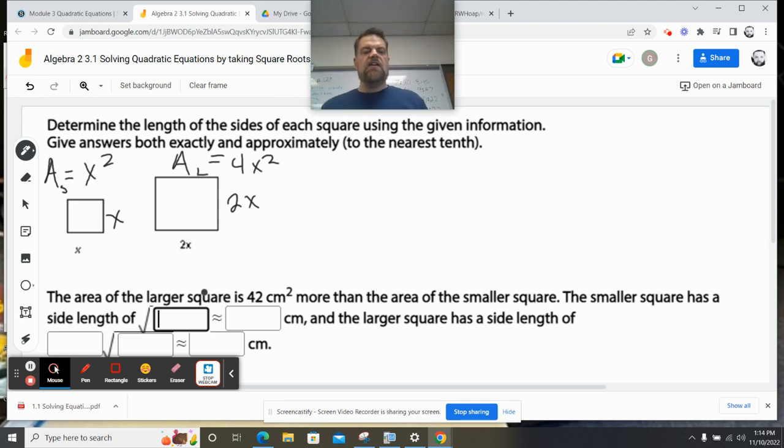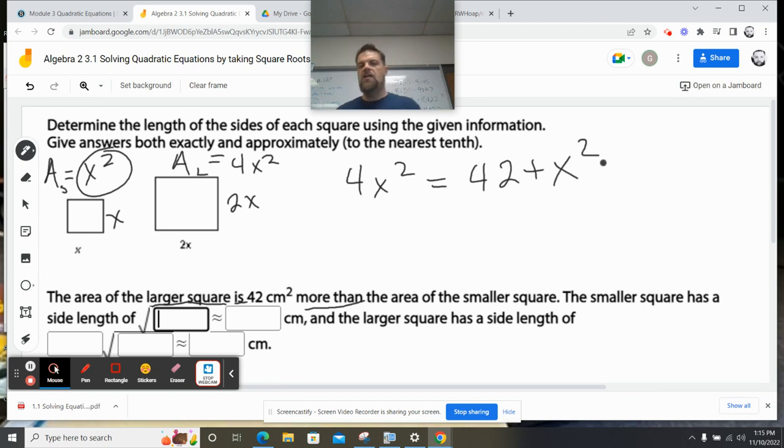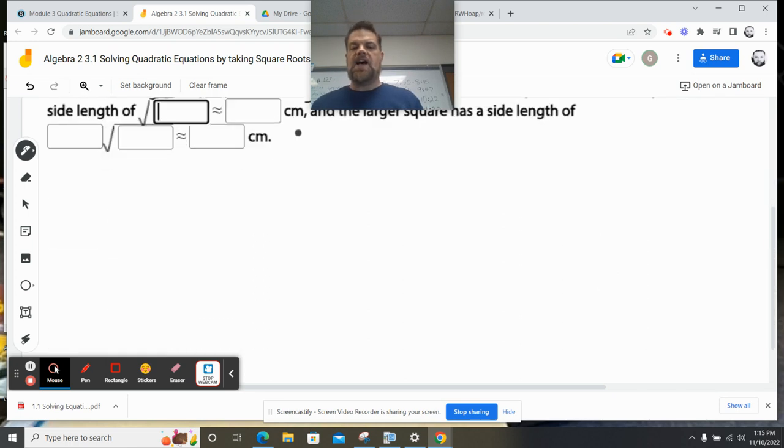So when they say the area of the larger square, which is 4x squared, right? I'm just going to read this. The area of the larger square equals 42 centimeters more than, plus, the area of the little square, which is x squared. And so now that I have that equation, I'm going to jump down here to the bottom and give myself some room. I screwed up again already. 4x squared is equal to 42